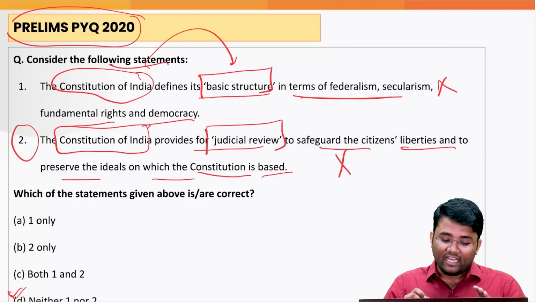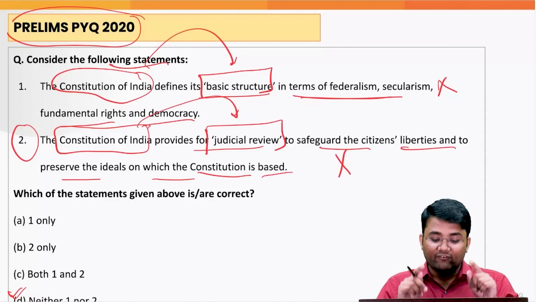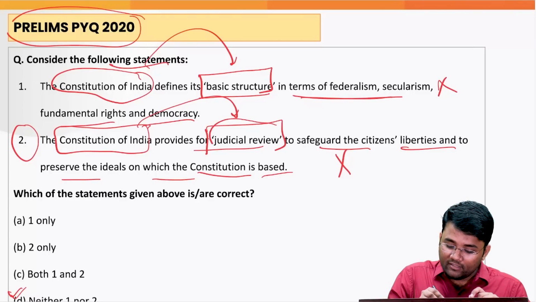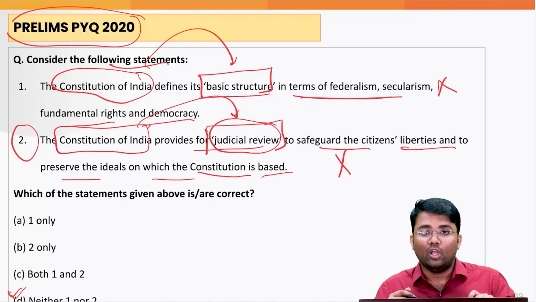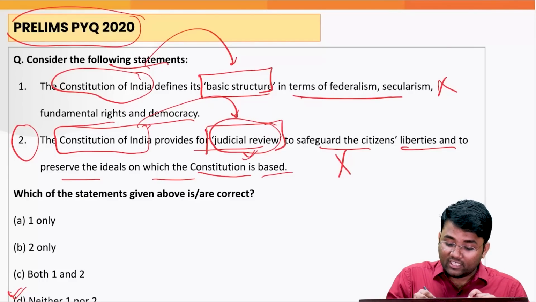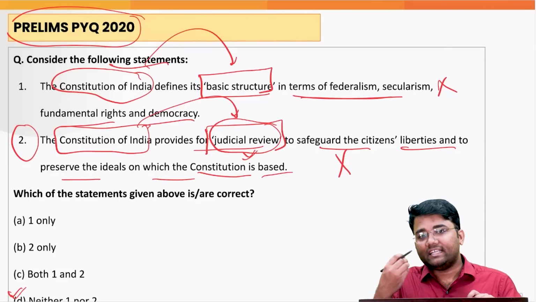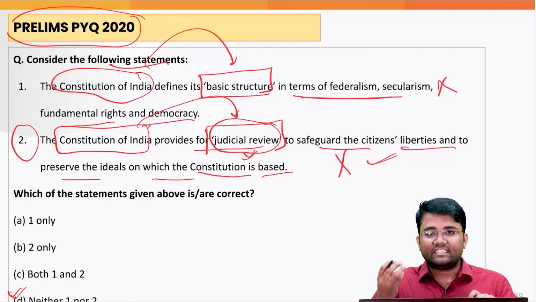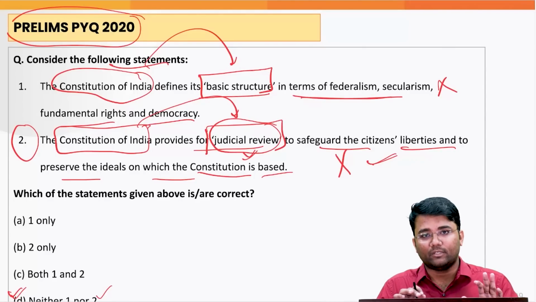So this shows that whenever the UPSC is using the words Constitution of India and has kept the words judicial review in commas, they actually want to know whether there is any provision in the constitution that explicitly talks about judicial review, or whether the word judicial review is mentioned in the constitution. The answer is no. And I think that is one of the reasons this statement was also considered incorrect by the UPSC, and the correct answer was D, neither one, neither two.